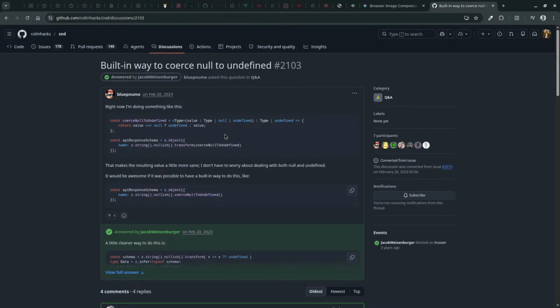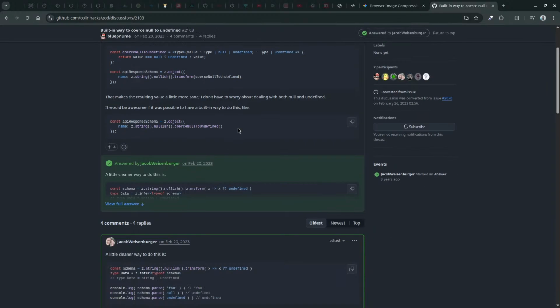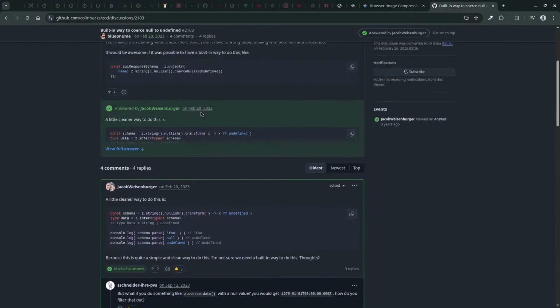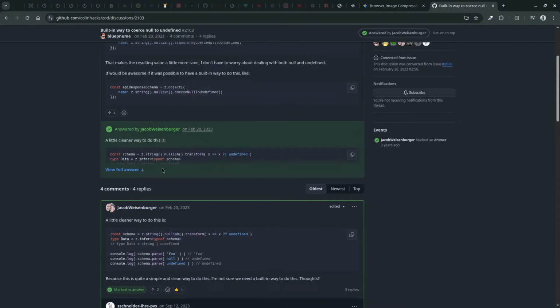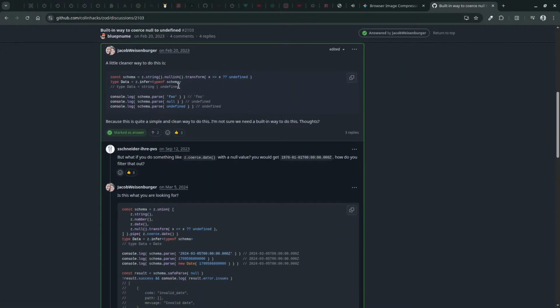Coerce null to undefined. This is 2023. Oh wow, what is this? This is a function. It takes a value, and if it's null, it coerces from null to undefined, but I want to do the other way around. Answered by Jacob Wiesenberger: dot transform.